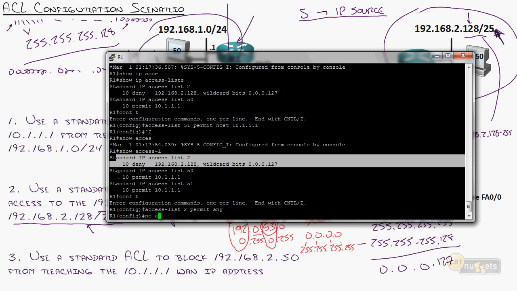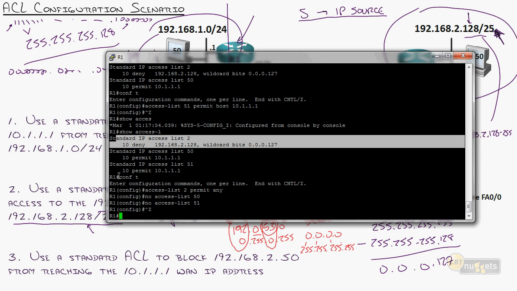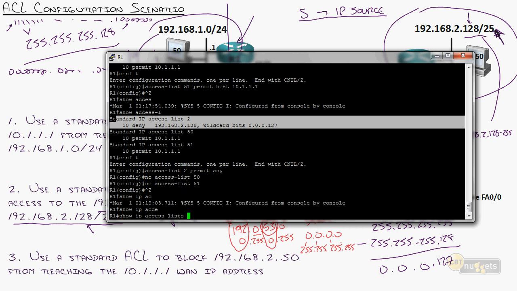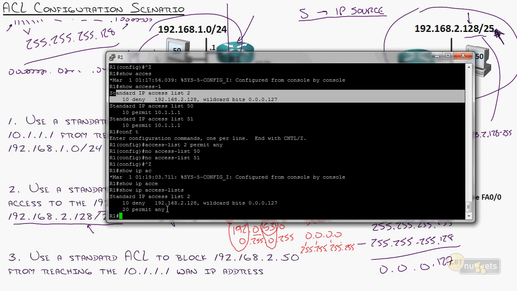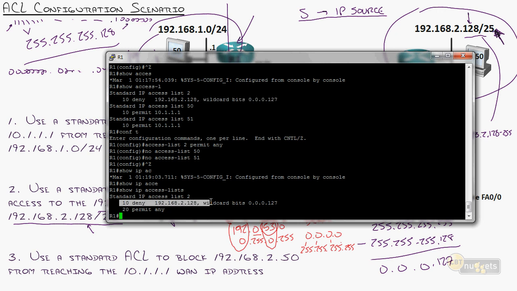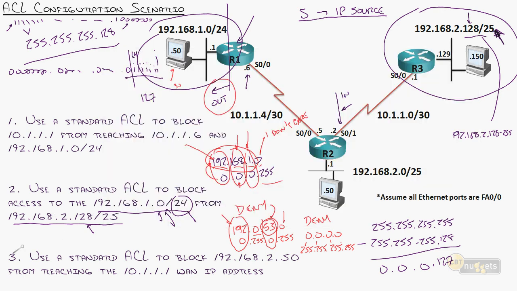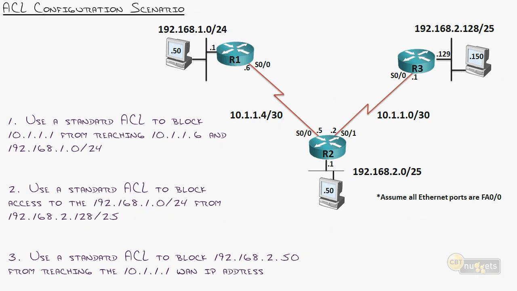And let's get rid of the other ones. No access list, my little demo access list 50 and 51. They're gone. So show IP access list. And now I've got a cumulative access list. So I've got deny 192.168.2.128, okay, that looks good, and permit everything else. So now I need to apply it. And since this said only deny access to this one network,